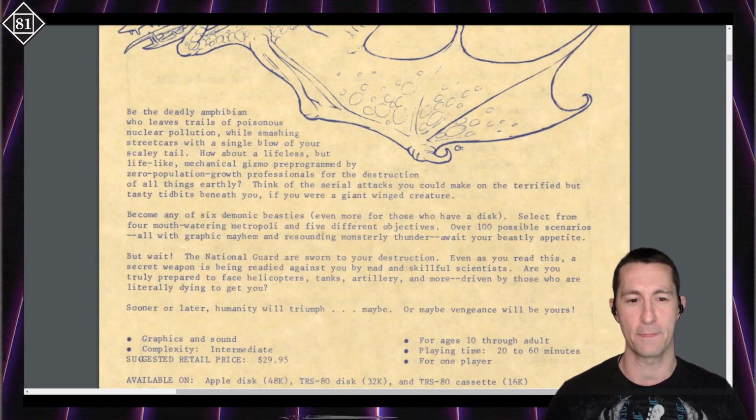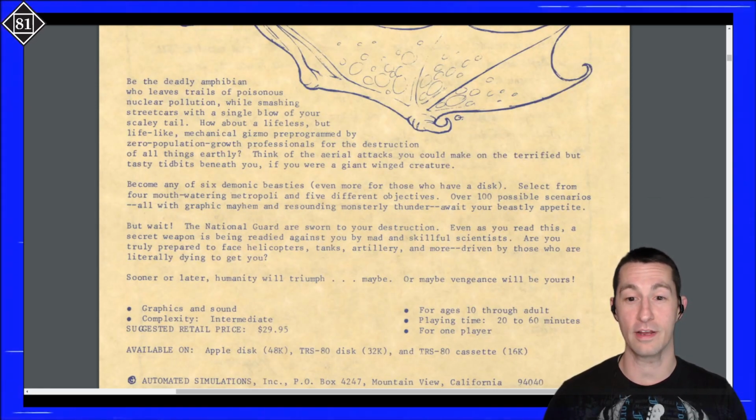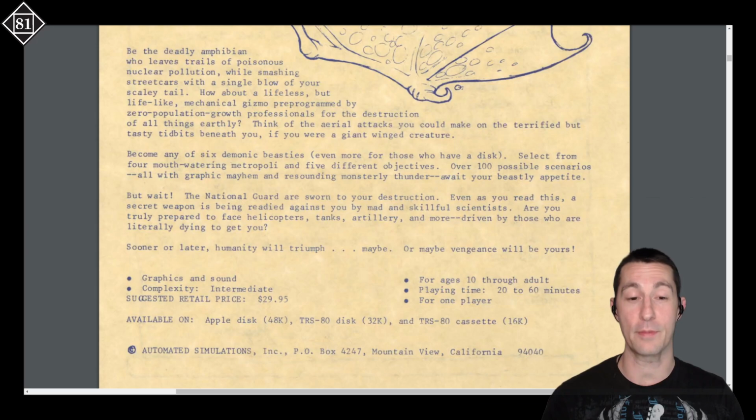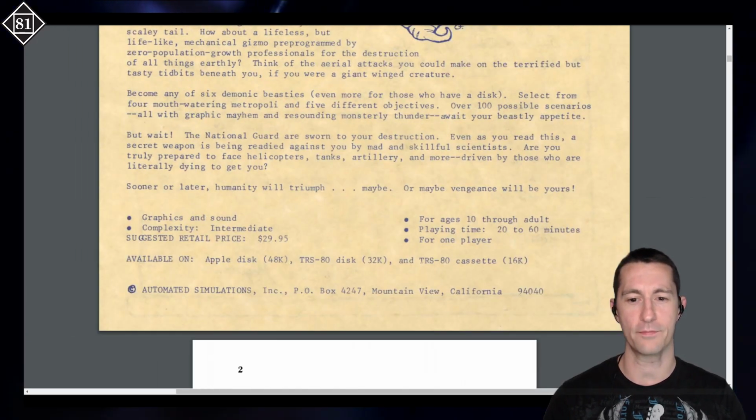of all things earthly? So this is about, you got 6 different demonic beasties and more if you have the disc. So we'll be loading this up not on cassette, we'll be loading this up on disc. And there's also people coming after you, the National Guard, tanks, artillery, military that's coming for you to take you